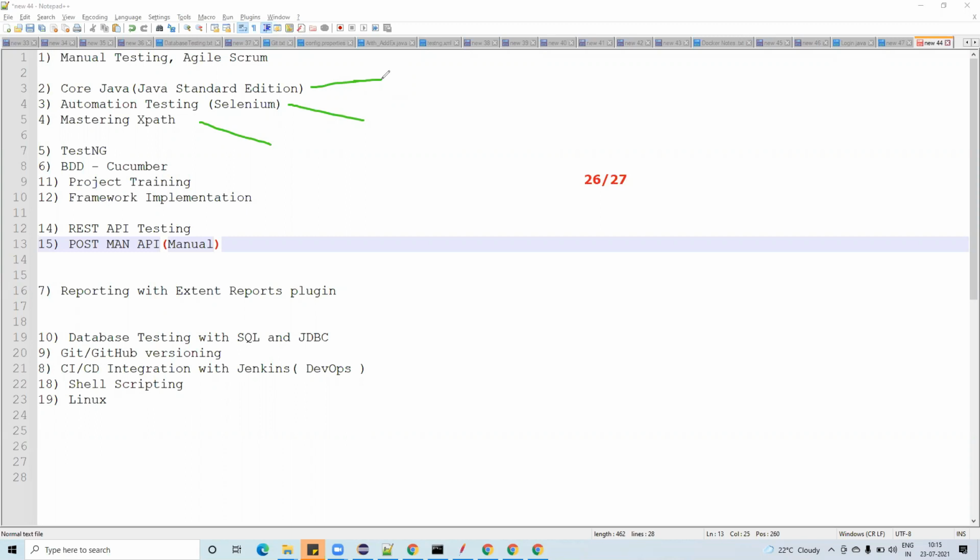I am okay if you have the habit of memorizing, but what I suggest is to create your own description in your own language, with your own English. If you write it in your own English, you will remember more, instead of something I have given. Sometimes you may not understand my English, so write your own description. Nothing is wrong in that. No one will ask you why you have written this description.